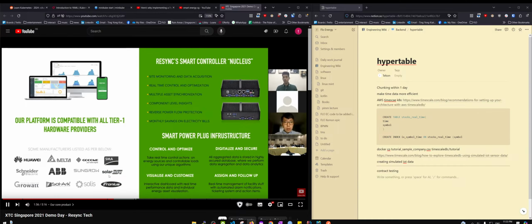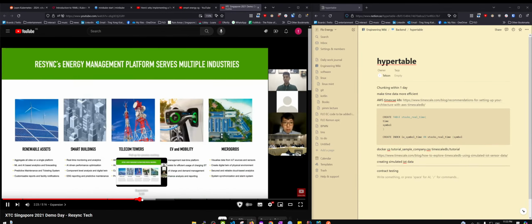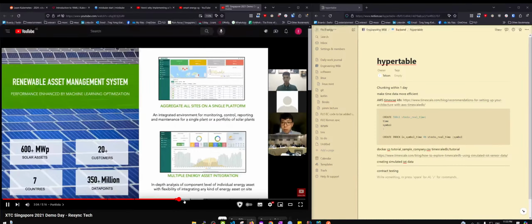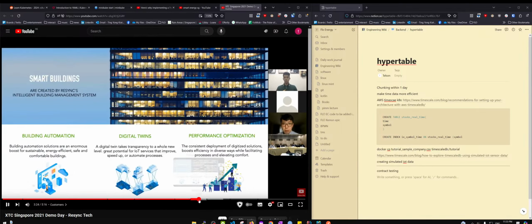because we know that hardware is not something that is defensible and can be scaled easily. So we work with Huawei and Schneider with our platform, and we deal with solar and wind power plants, but then we expanded to smart building solutions, AI-based solutions for smart buildings in Singapore. We're managing a lot of solar assets. It's quite a lot for a young company like us. We have more than 17